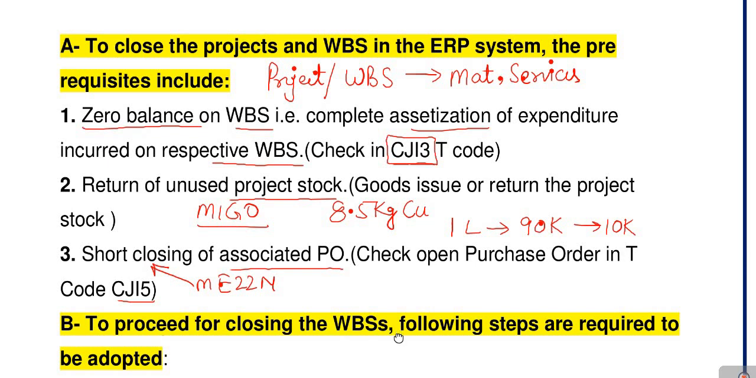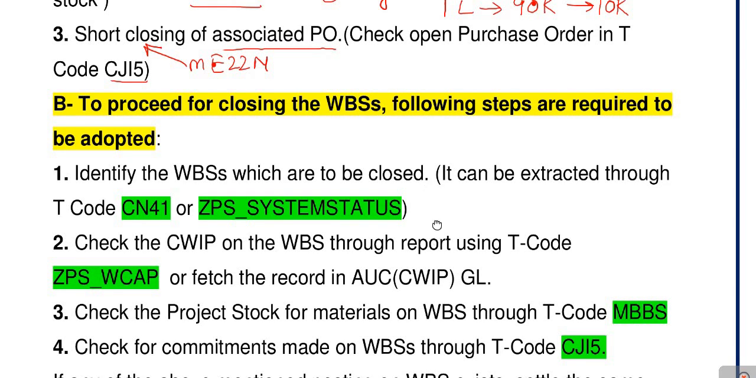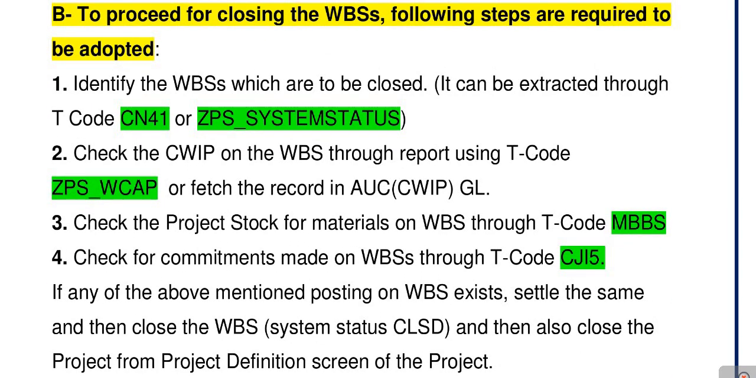So what is the process to proceed for the closing of the WBS? The following steps are required to be adopted. What are those steps? First one is to identify the WBS which are to be closed. It can be extracted through transaction code CN41 or ZPS_system status. This is a customized transaction code. You can discuss with your PS consultant to create such a transaction code, or discuss with your PS expert of your organization. Once you extract the WBS report in CN41,